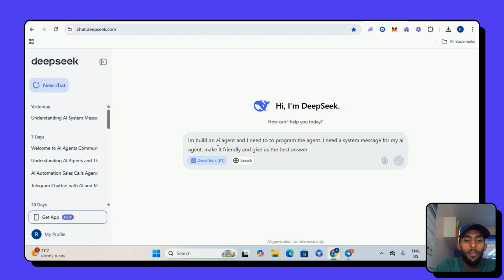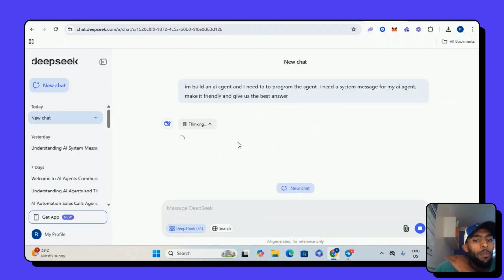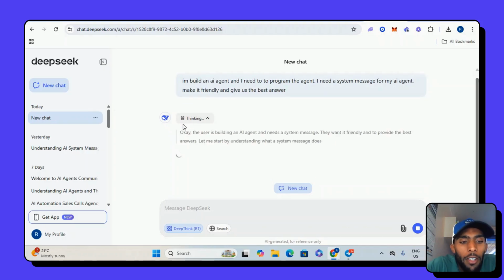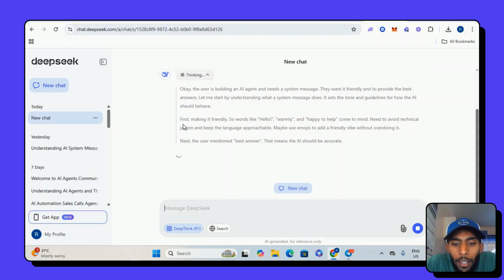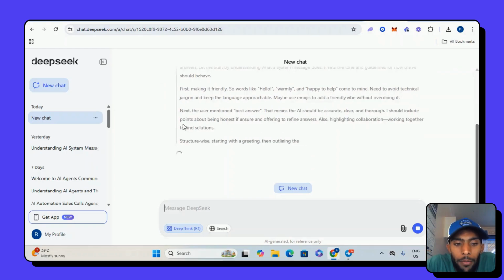Let's see what it comes up with. Then we can just copy and paste. DeepThink R1 is basically going to be thinking of the best solution, and then we'll get something. So there, the chat is thinking.